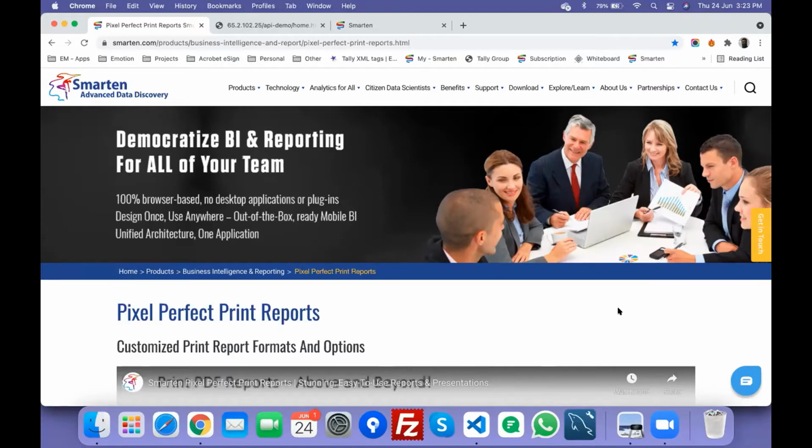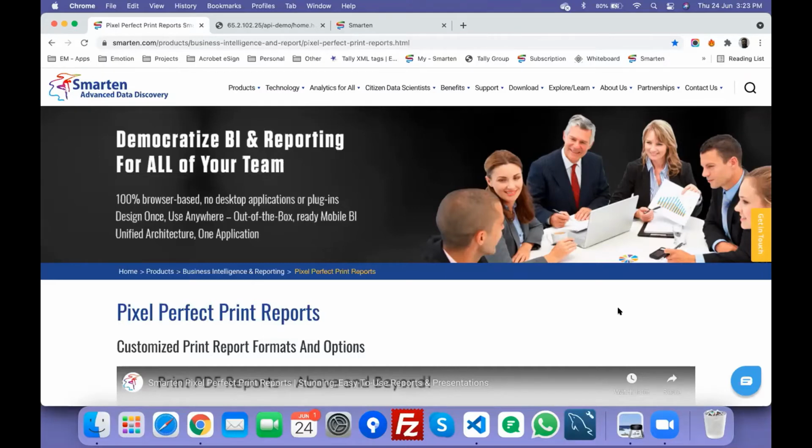Can we integrate Smarten with a Java web app? Absolutely. You can integrate with PHP, .NET, Java, whatever language you are using. We have very neat APIs defined, used by many customers and many OEM partners that we have. You can have a look at the detailed API guide.